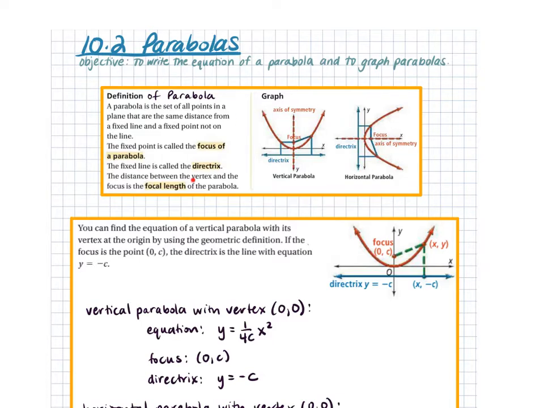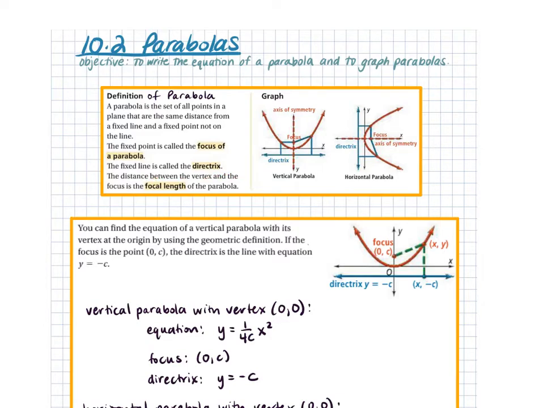And so if we read the definition here, a parabola is the set of all points in a plane that are the same distance from a fixed line and a fixed point not on the line. So in this case, the fixed point is called the focus of the parabola. If you look at the parabola opening up like this, this little point here is called the focus. And then the fixed line is called the directrix. And you can see here, from the focus and from the directrix, this length and this length,